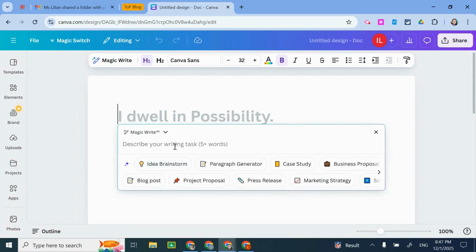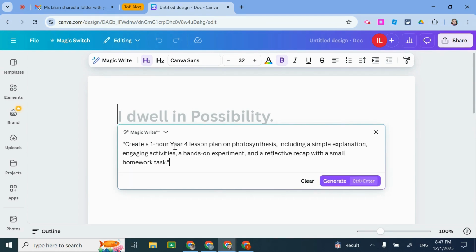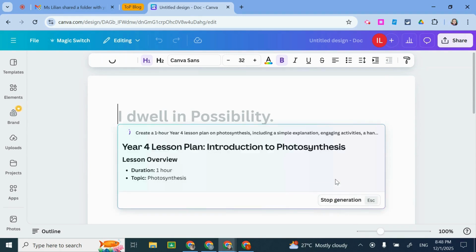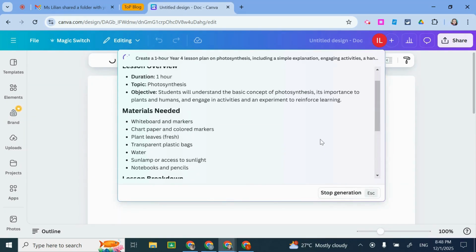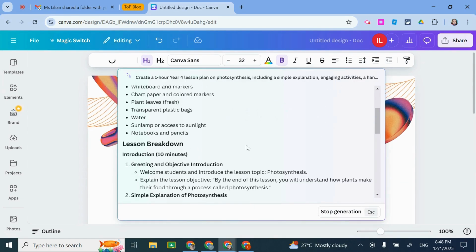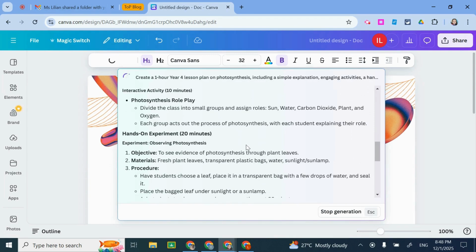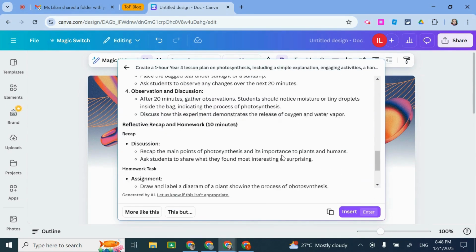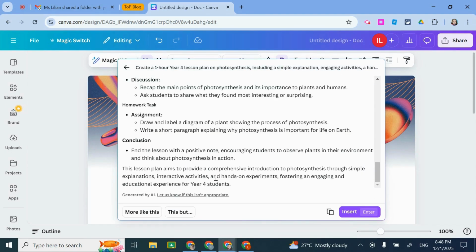Click Magic Write, and you can enter your prompt. For example, you want to create a photosynthesis lesson plan for Year 4. Click on generate, and you see that it will generate automatically for you, just like in ChatGPT or Gemini, everything